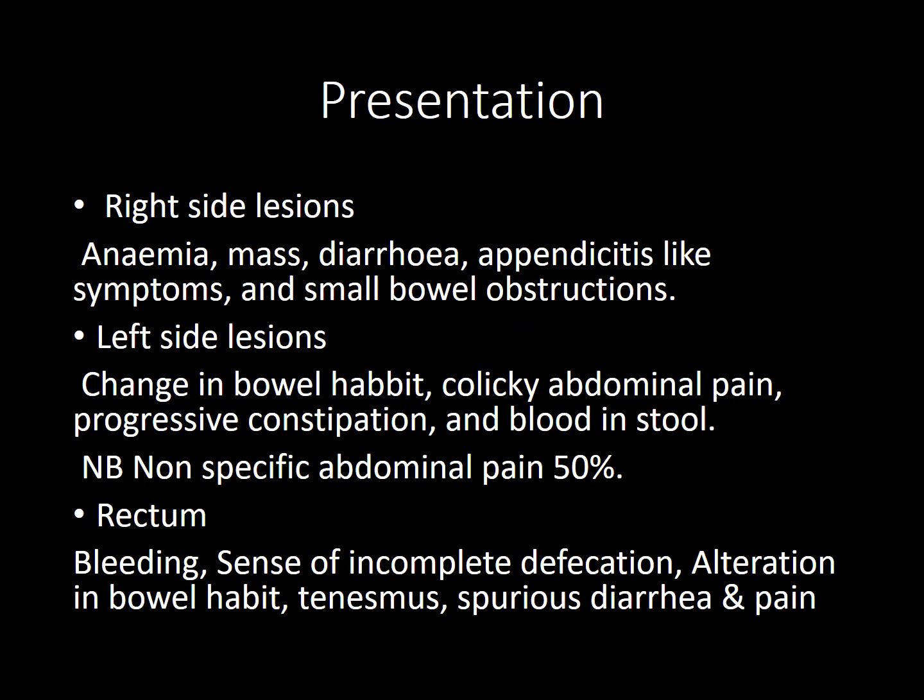What is the presentation of colorectal cancer? The right side differs from the left side. The right side comes with anemia, asthenia, and anorexia, or mass, diarrhea, appendicitis-like symptoms, and small bowel obstruction. So on the right side we have the 3 A's: anemia, asthenia, and anorexia, mass, diarrhea, appendicitis-like symptoms, and small